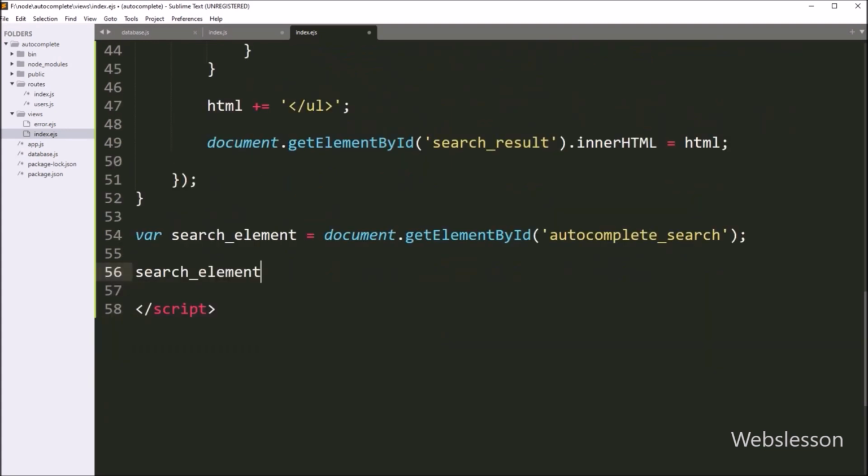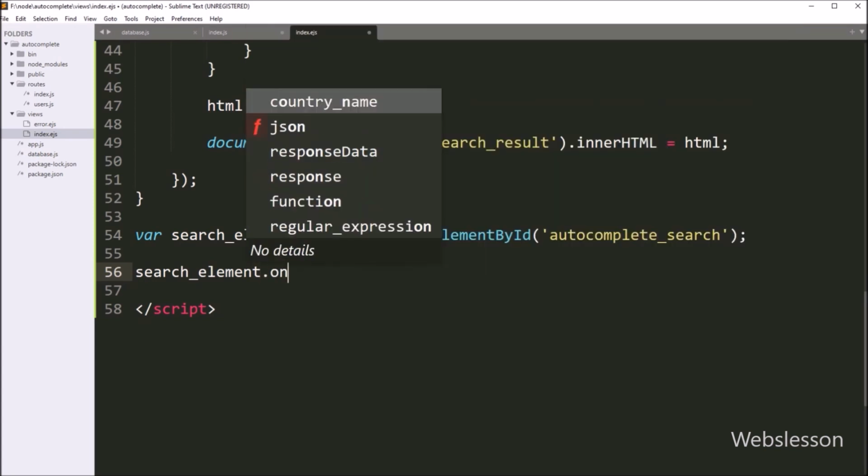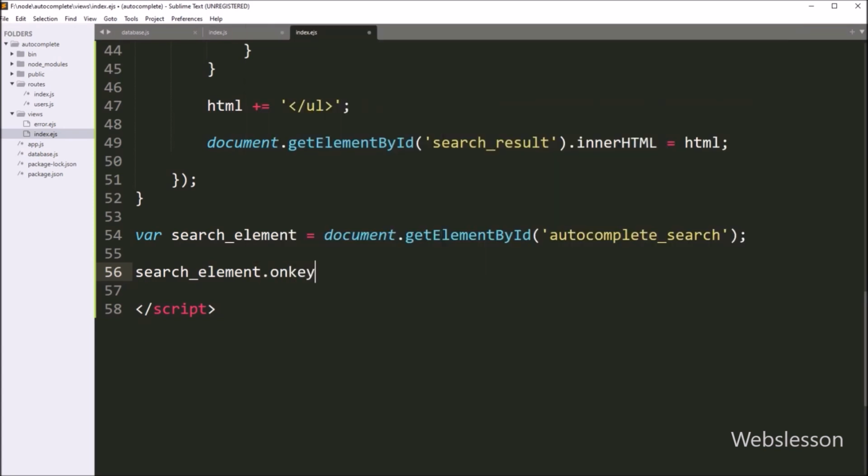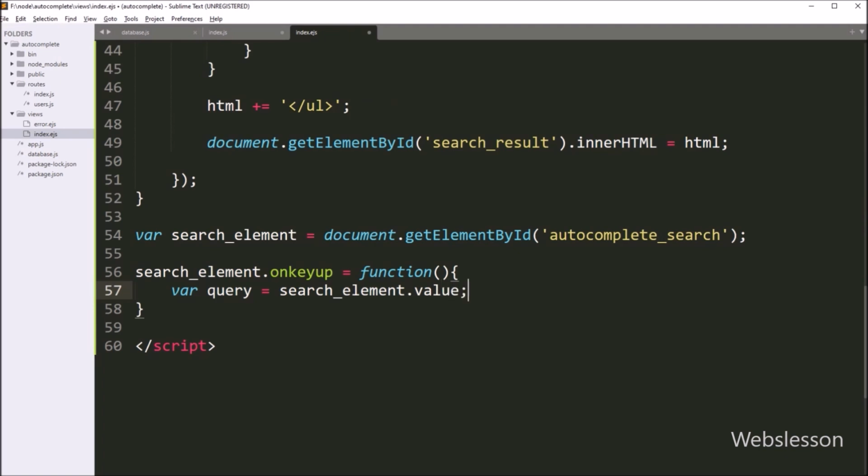Below this, we have to write search_element.onkeyup event. So when we have typed something under the text box, then this block of code will execute. And under this, we have to write query variable is equal to search_element.value. So here we have stored search text box value under this query variable. Now we have called the load_data function with query variable as argument. So it will send an Ajax request to the Node script and receive auto suggest country name data, which will be displayed